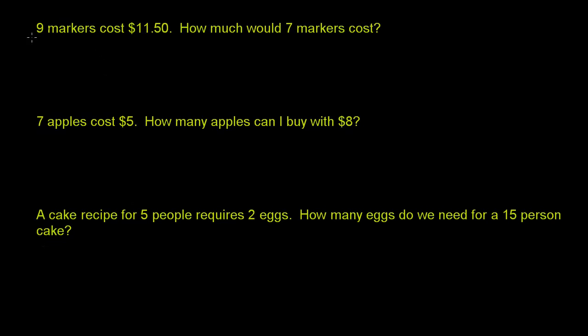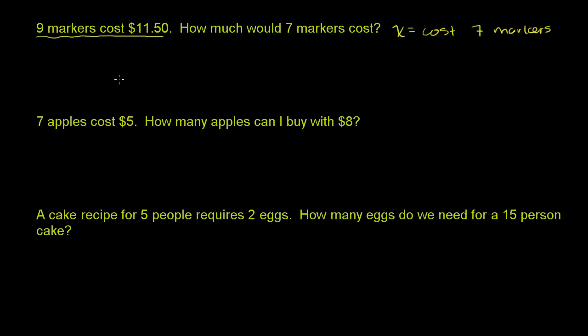So in this first problem, we have 9 markers cost $11.50. And then they ask us, how much would 7 markers cost? And let's just set x to be equal to our answer. So x is equal to the cost of 7 markers. So the way to solve a problem like this is to set up 2 ratios and then set them equal